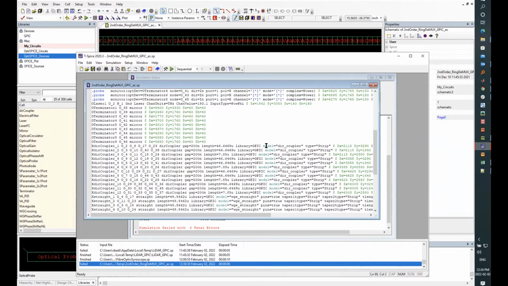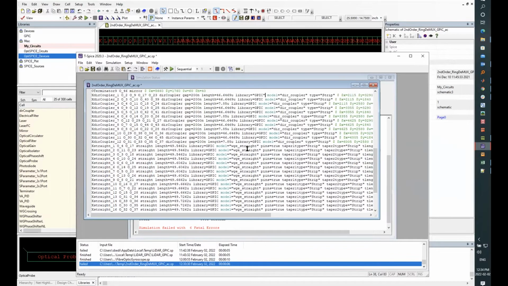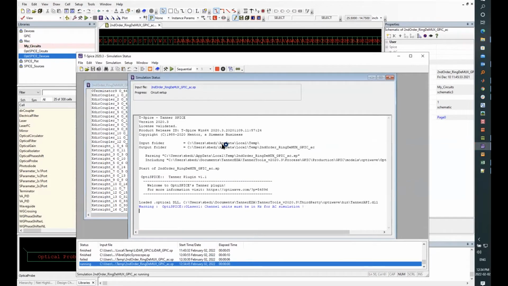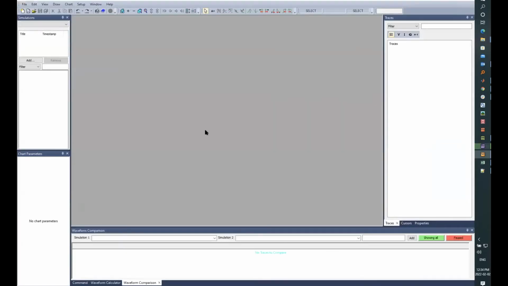Now, what's happening over here is, for some reason, for the JPEG devices, it is missing a semicolon. It's missing the inverted commas over here. So if we just put it here, we don't have to put it for all of them. Just one for the directional coupler and one for the straight waveguide. And if we do this, that's it, and then we can save it, and we run the simulation. We can also run the simulation from here. So now this will